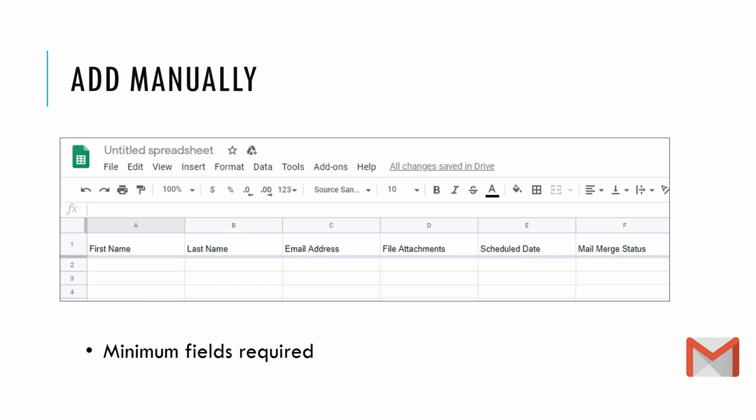The advantage is that when I'm trying to include it, you may not select any one of the contacts, but still you will get the header schedule like this. So these are the auto generated fields of my Google Sheet: the first name, last name, email address, attachment, schedule date, and mail merge status. That is where the output will be. As I have already discussed, this is the minimum number of fields required. Now we can manually add this information here. If you have an Excel sheet with email addresses and other details, you may add it. You may add additional fields also here. There is no limitation on how many rows there should be.